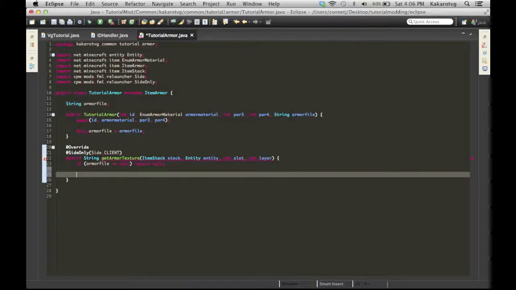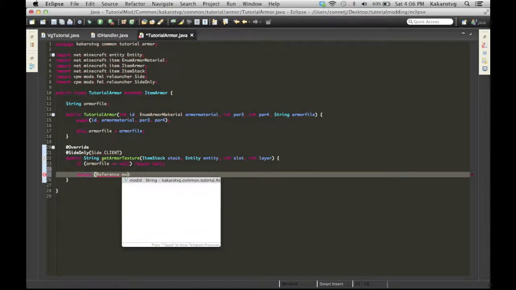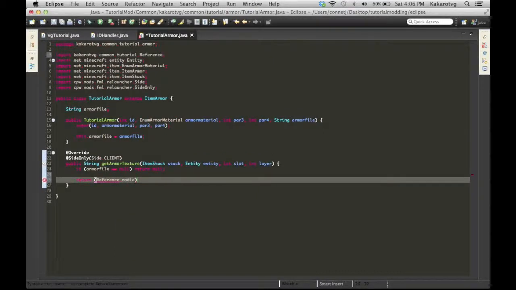And then return reference dot mod ID plus